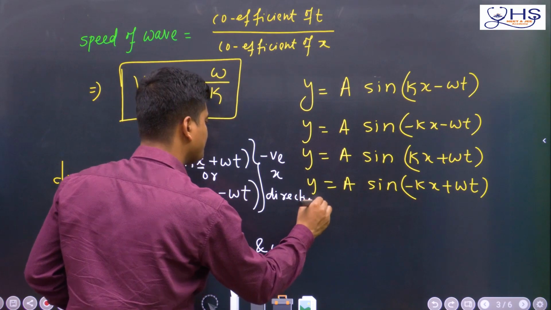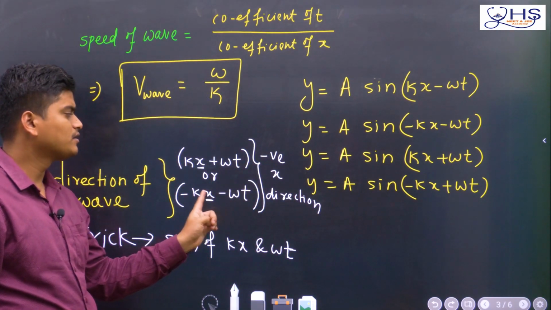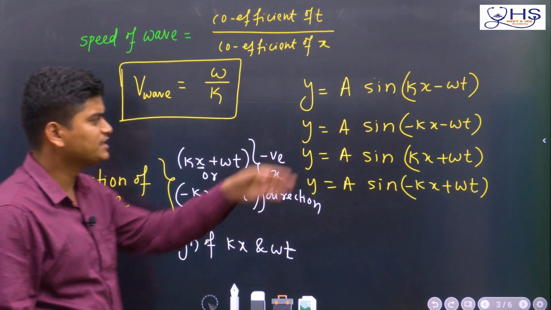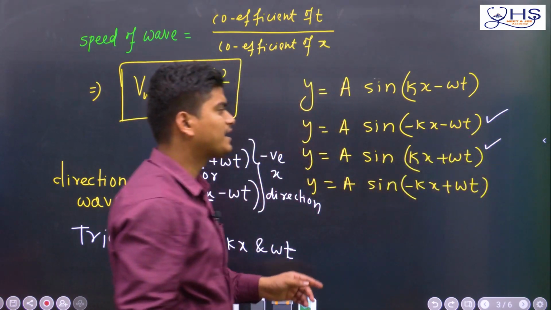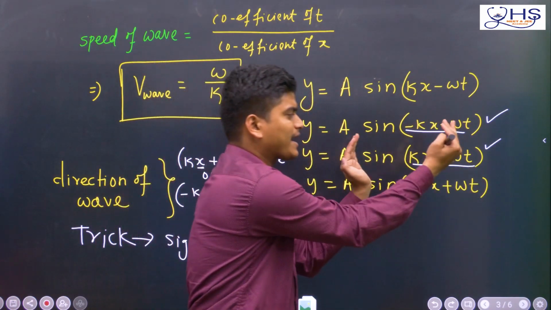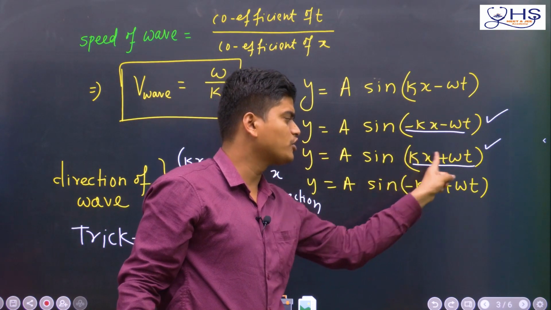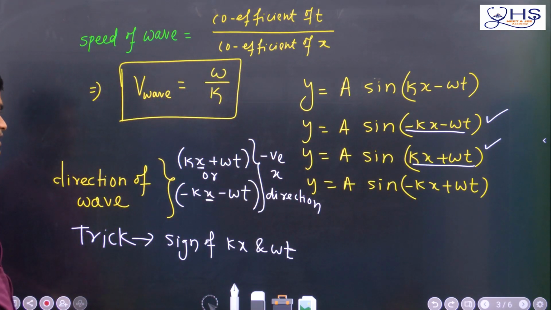Okay. So first, why negative? Because of the same sign, and why x? Because x is there in the bracket. That means in this wave and this wave, you can understand they are traveling in the negative x direction, because in whatever bracket there is, they both have the same sign, minus minus or plus plus. So minus minus or plus plus means it is traveling in the negative x direction.